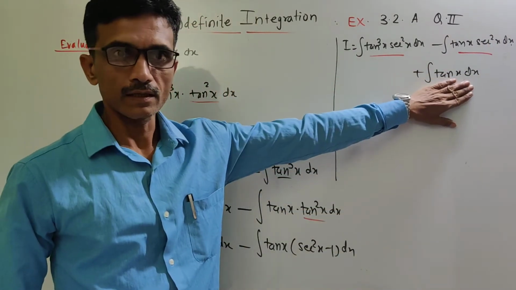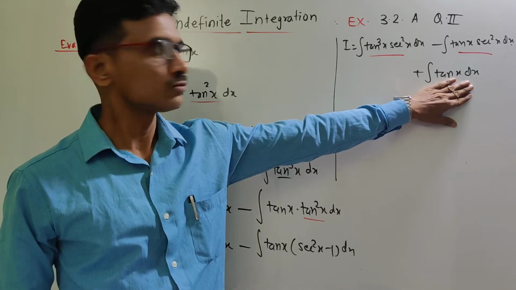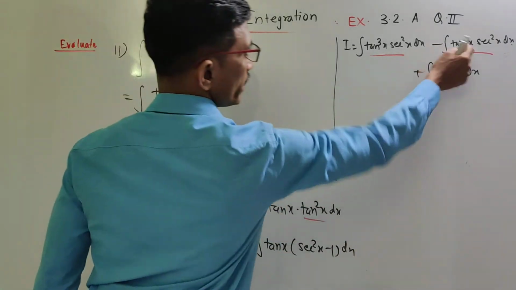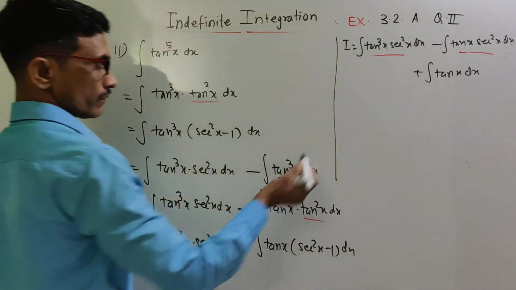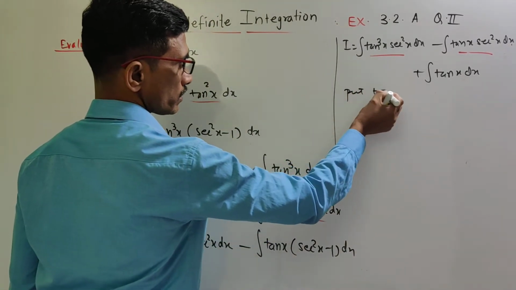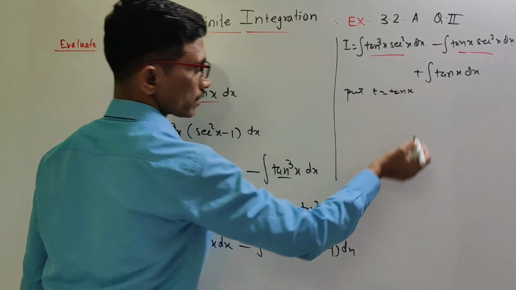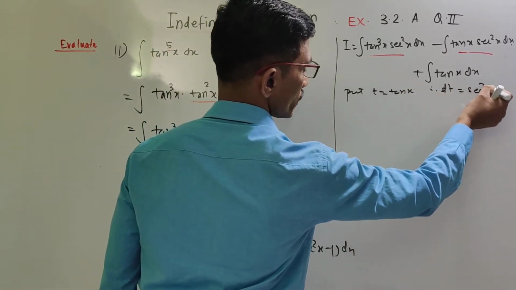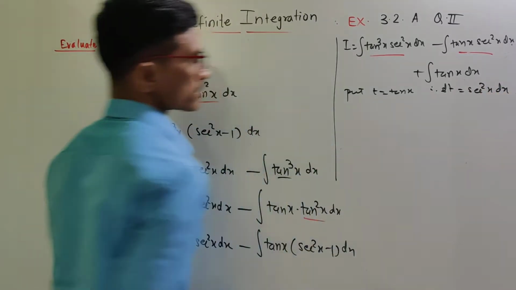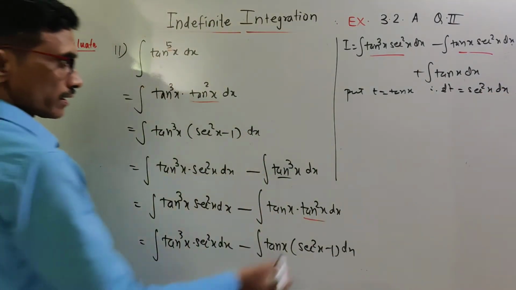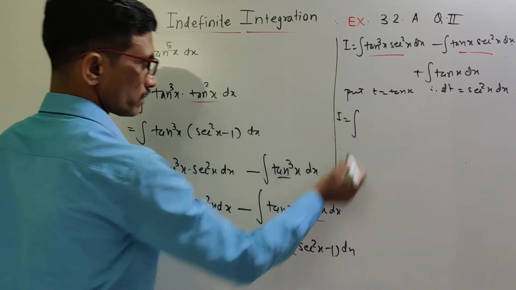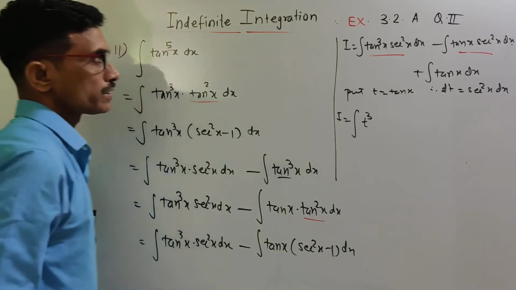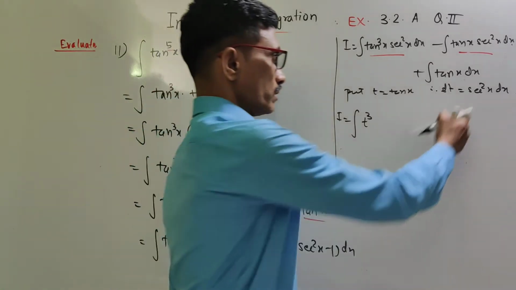इसमें हम डायरेक्टली इंटीग्रल ऑफ tan का फॉर्मूला यूज करते हैं: इंटीग्रल tan x इज log ऑफ sec x। ये दो इंटीग्रल में आपको सब्स्टिट्यूशन करना है। We put t is equal to tan x, therefore dt by dx is sec square x, and dt will be equal to sec square x into dx, so that our integral I will be equal to t cube, and sec square x dx will be equal to dt.